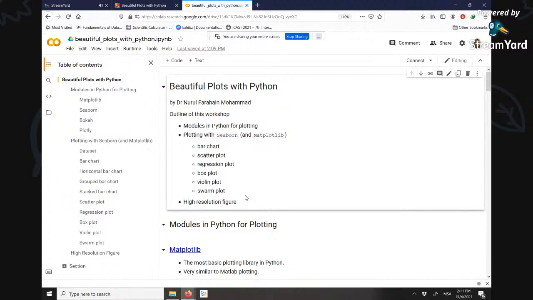Okay, we'll try to finish within 1 hour. And then lastly, the most crucial part for me as a researcher or as an academician, which is having